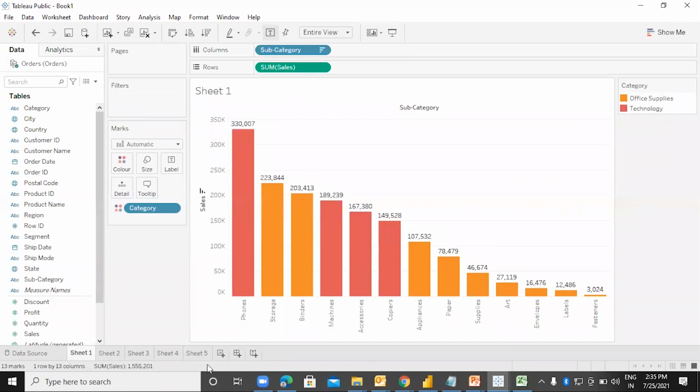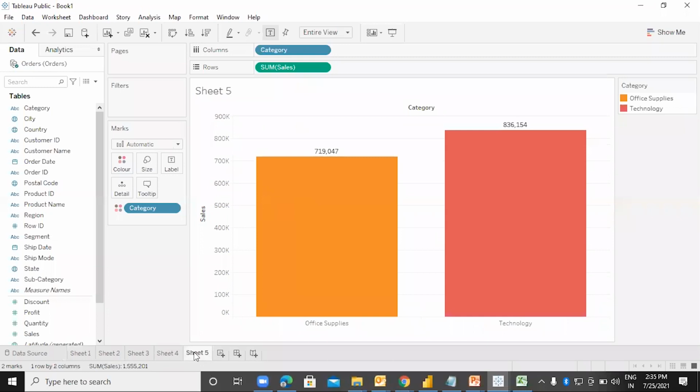You have implemented one filter, no matter how many visuals are there, how many pages are there, everywhere the filter will be applied. If you wanted to filter on all the pages, then it can be a better option to use the data source filter rather than filtering on each and every page.